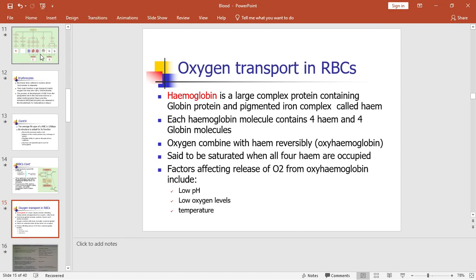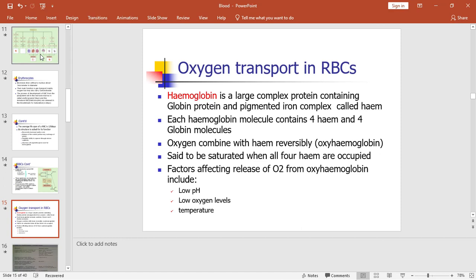Okay, so I'm on slide 15. We already know about hemoglobin and how it transports oxygen. We already said that it is made up of 4 molecules. And if these 4 molecules are bound to oxygen, this hemoglobin molecule is referred to as saturated. If it is partially bound, maybe 2 molecules are bound and 2 are not, then